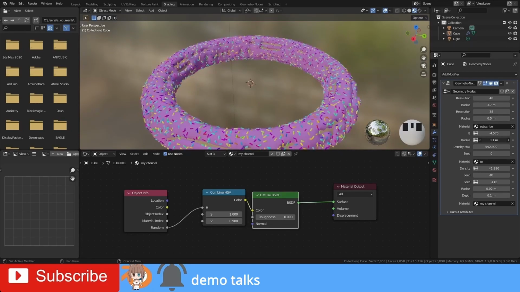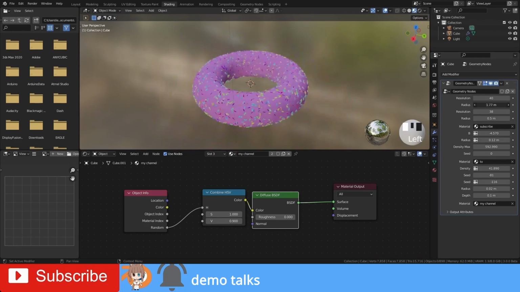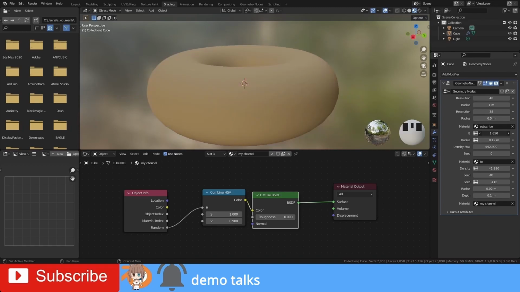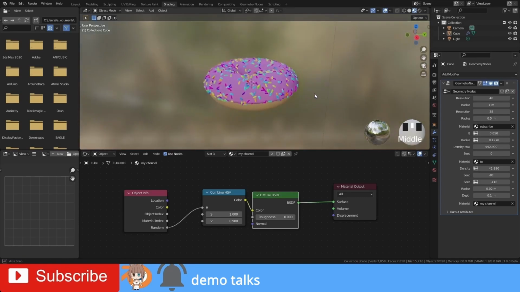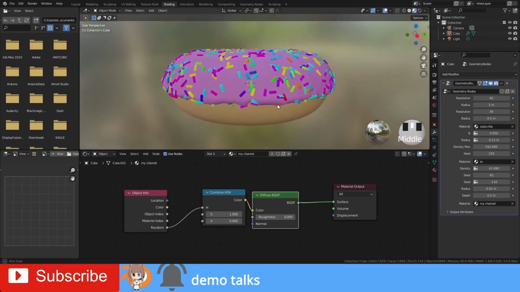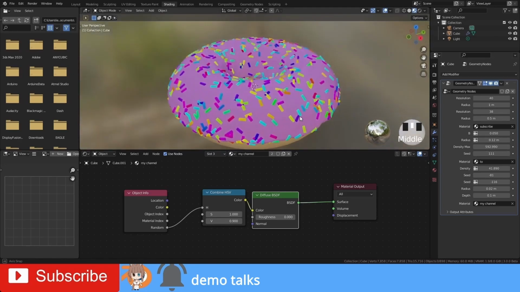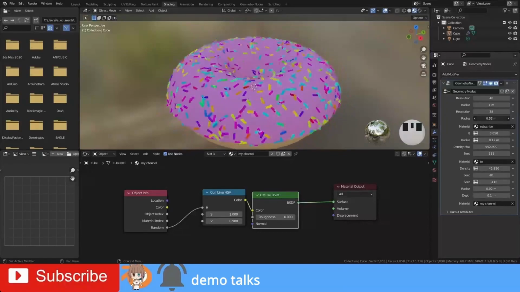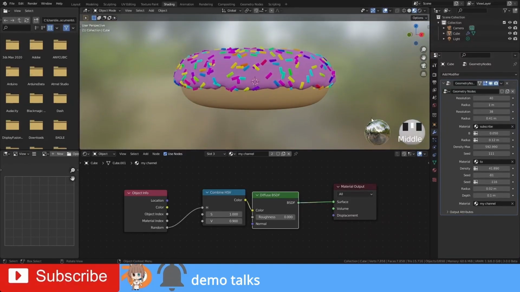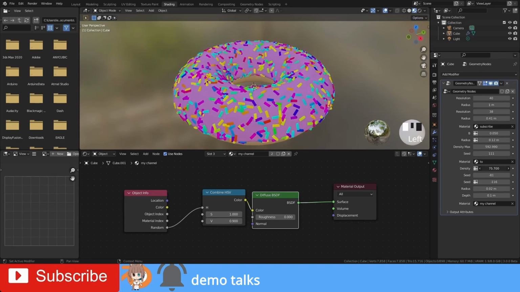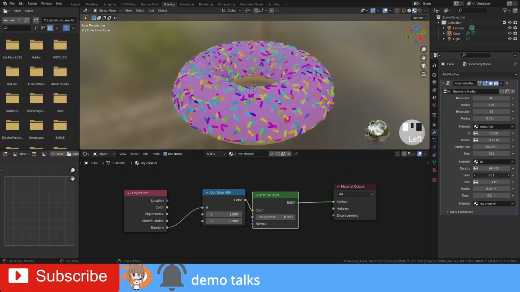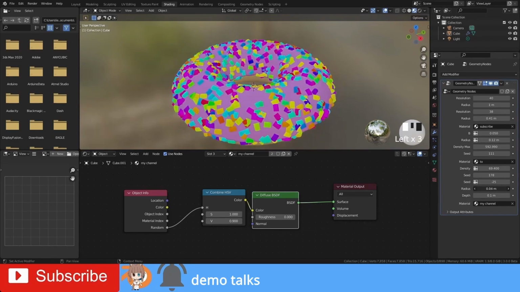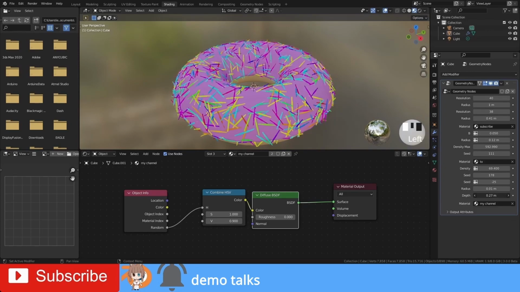The thickness of the icing, the density of the candies, speed of candies, region, radius of it, and the length.